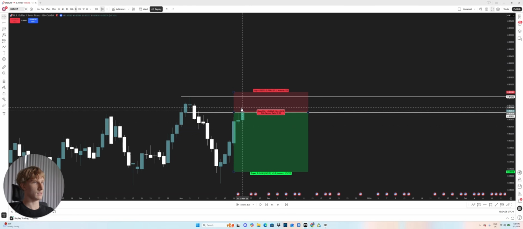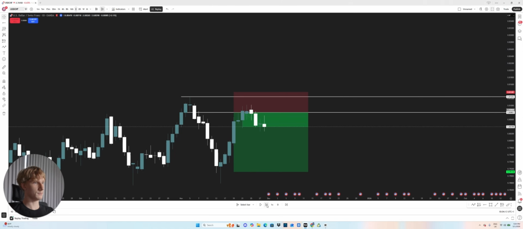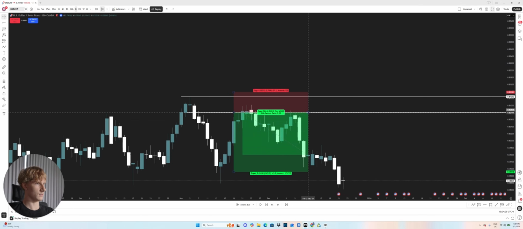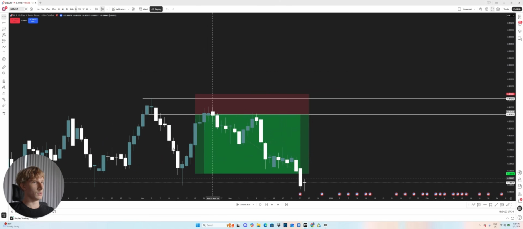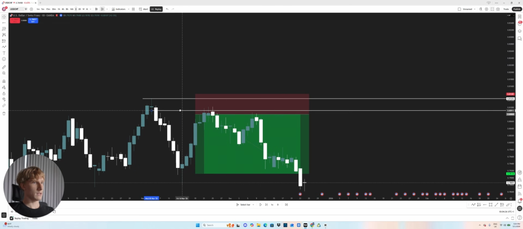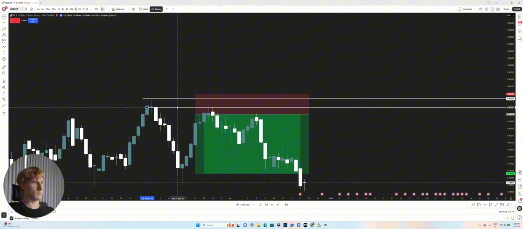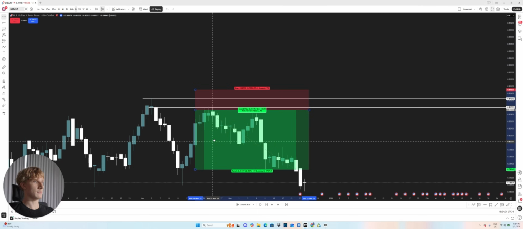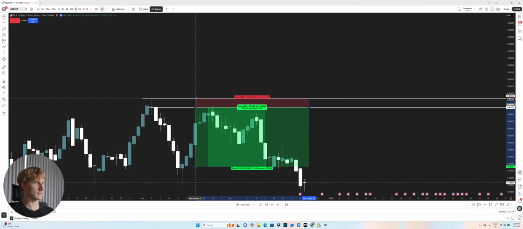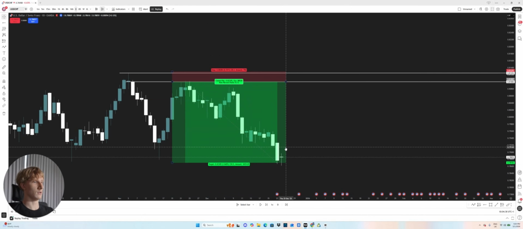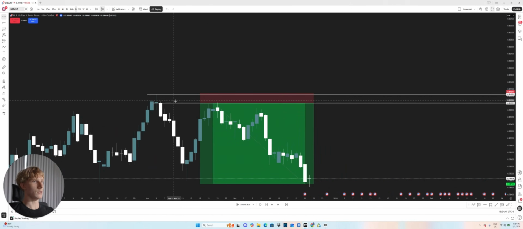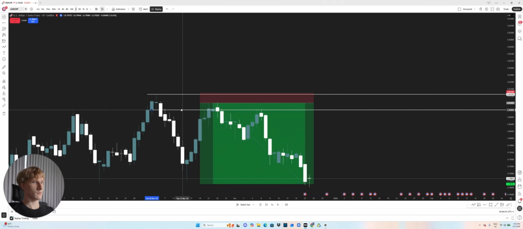Okay, we can see that we have now tapped into our wider, starting to reject a little bit here. Looks like we come and tap again, and then eventually it plays out. Cool. So in this case, let's have a look. Maybe we would have got tapped in on the preferred. It looks like we might have just got tapped in on the preferred, and if we did, that would have been an absolutely beautiful entry. As you can see, we would have secured like a 1 to 8 there.